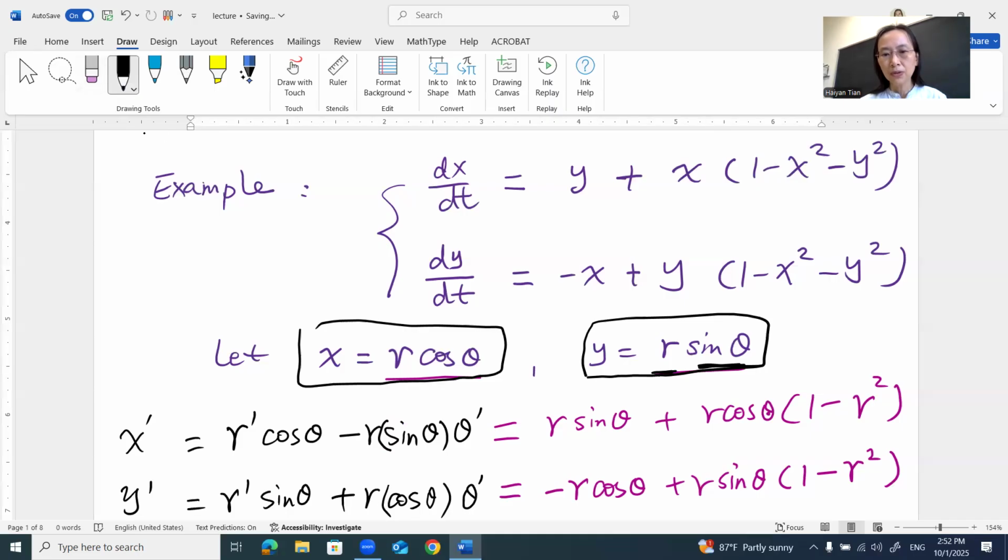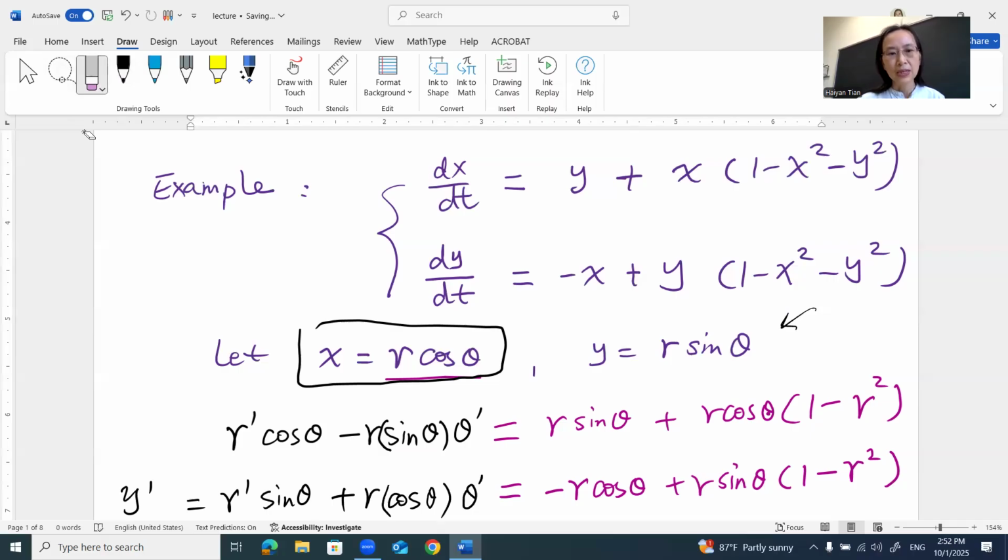So product rule for the y for this function, and then here we also have to use the chain rule, right, when we differentiate sine theta. So that's a composite function. And then we can just simply drop this x derivative, which is on the left side of the original equation. So compare, this is x derivative here in terms of r theta, and that's y derivative here to replace